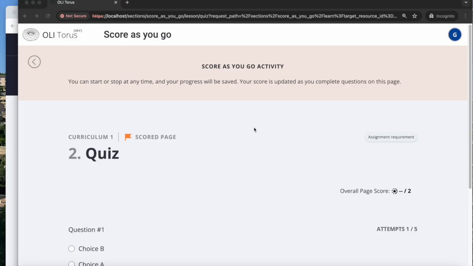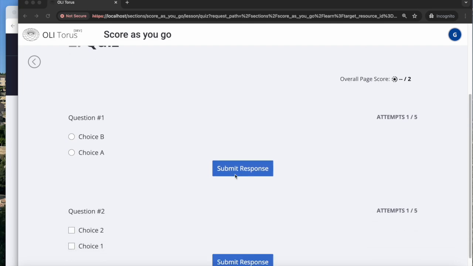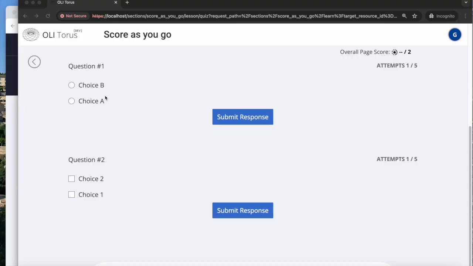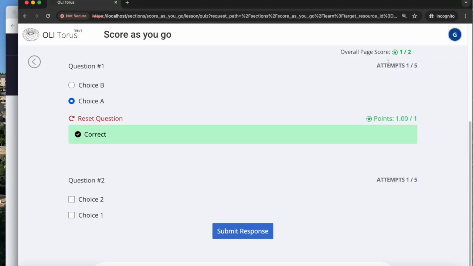And when it detects that there's an active attempt in a Score As You Go page, when the student visits that active attempt, if the page revision is changed, it will move the student forward to that new page revision, but while preserving all of the state of their activity attempts. And so to demo this, I've got a student attempt in a Score As You Go page that has 2 questions. I'll answer this one correctly. So I've got 1 out of 2, and maybe I'll select both of these,